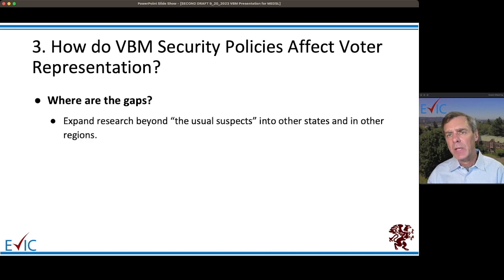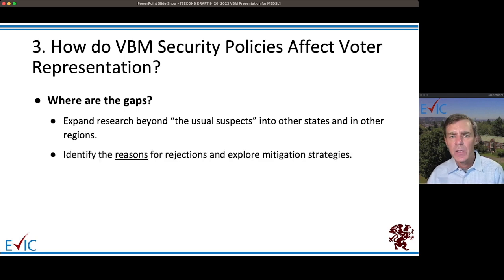We need to expand beyond the usual suspects. What we mean here is that much of the research that we just reviewed was driven by litigation. There were lawsuits that occurred because of some of these inequalities that were evident in the ballot rejection rates, and that allowed scholars access to information that's not available in other states. We need to make sure that the research that is conducted in a relatively small number of states is generalizable